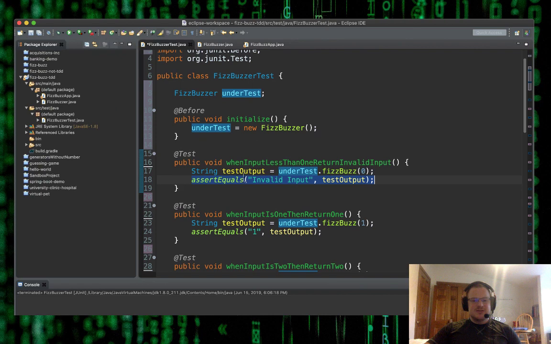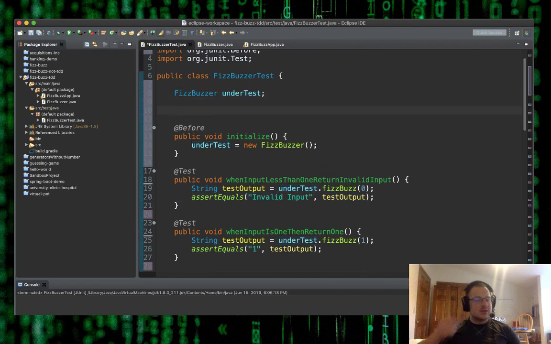So what happens if we decide that we want to have some sort of a method, let's say test FizzBuzzer, and then we can have, of course, FizzBuzzer under test, string